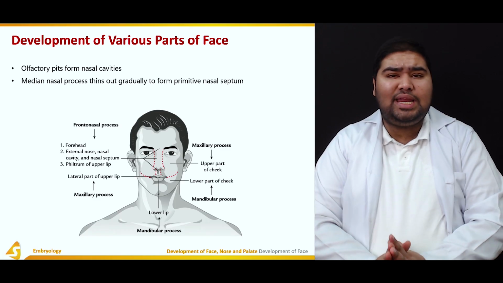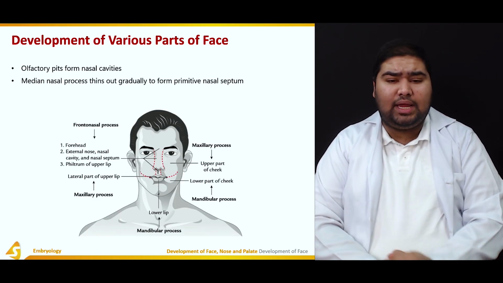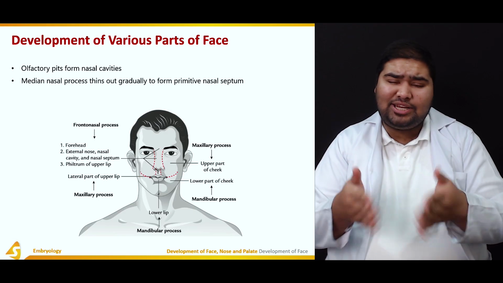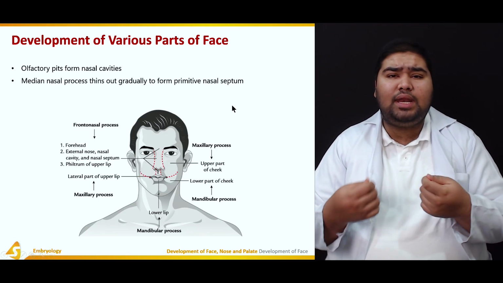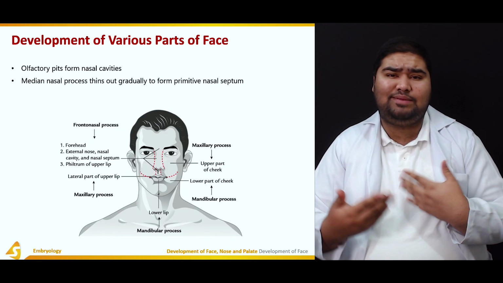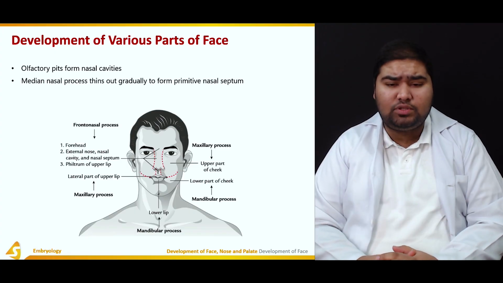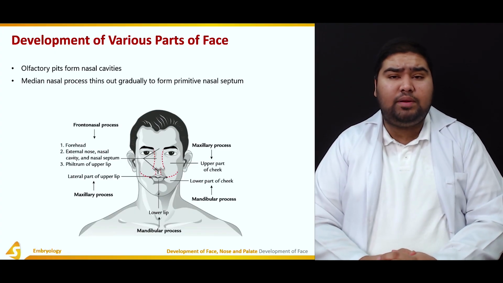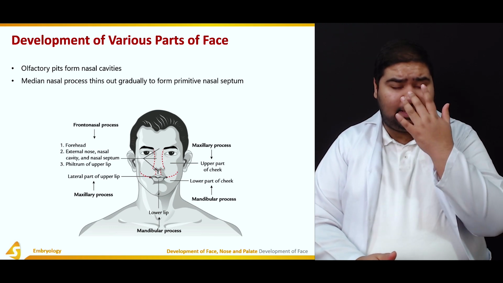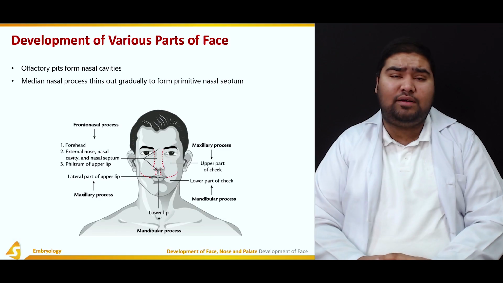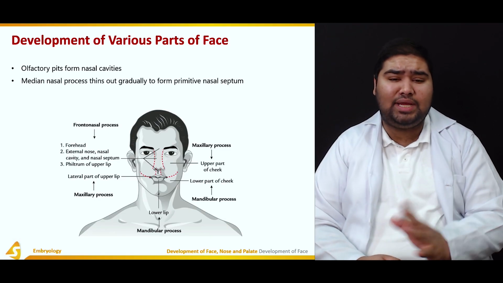Now the median nasal process, which was the midline, actually thins out gradually. The membrane of it thins out because it is a vestigial structure at this point in time. So it thins out to form the primitive nasal septum. The primitive nasal septum, which separates the two parts of the nose, is formed by this thinning median